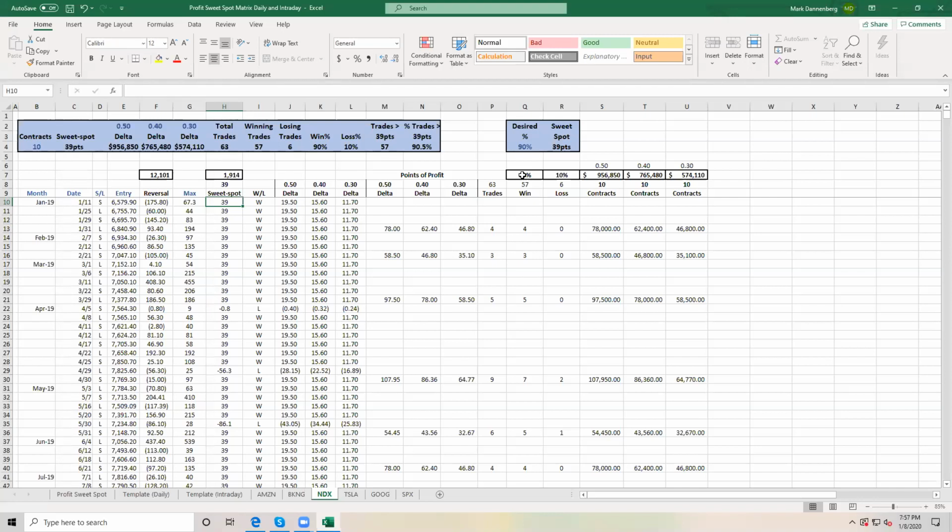There is a feature that is being created. Aaron is in the final stages of creating it, that we're going to add to the version that you get, and it's going to show you what the average and longest cycle time has been on each of these stocks. So that doesn't mean how long you've been in it, but it tells you how long the cycle is.